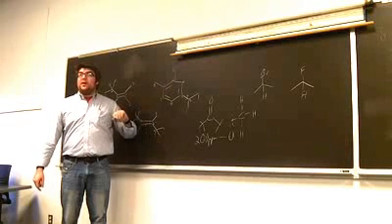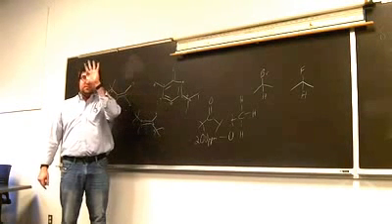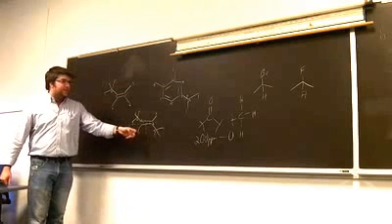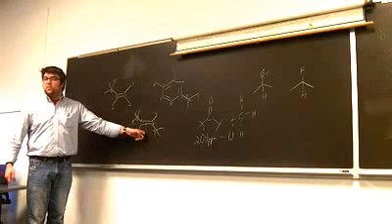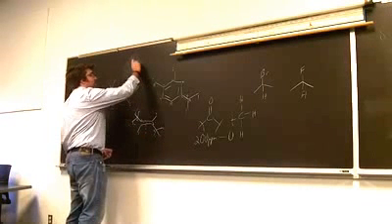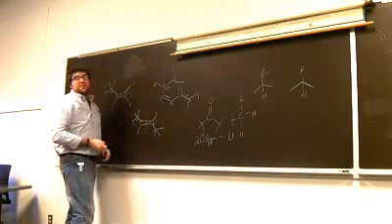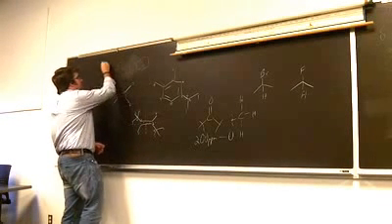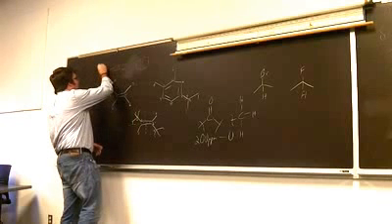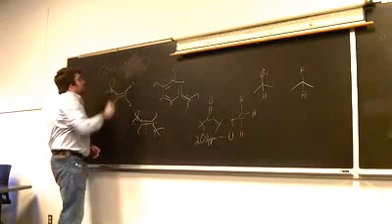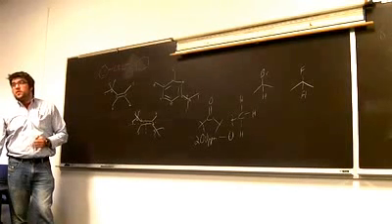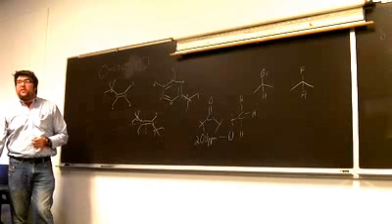1, 2, 3 pi bonds, and a ring, that's 4, right? How many degrees of unsaturation does this molecule have? 1. How many does this molecule have? 4. Right? So it doesn't tell you the type of pi bond or ring, it just tells you that